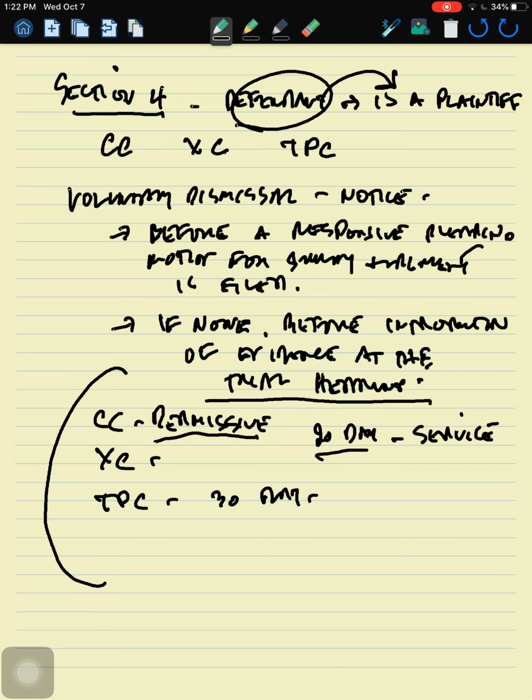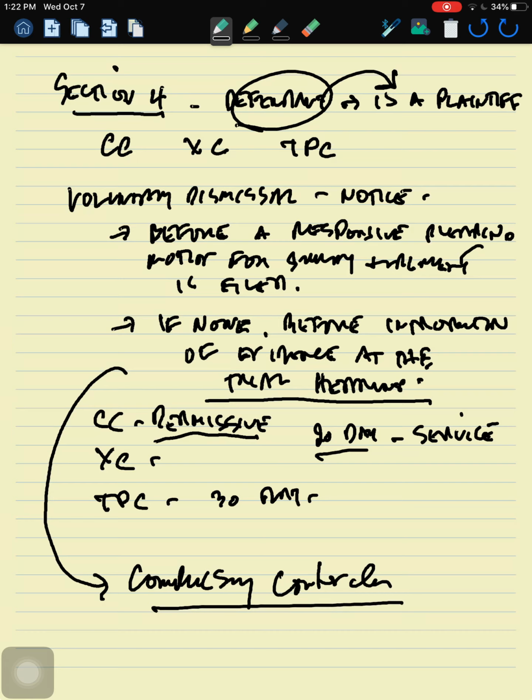The way it looks to me is that it refers to, and it can only refer to, a compulsory counterclaim. It can only refer to a compulsory counterclaim. Because there are responsive pleadings required for a permissive counterclaim, a cross-claim, and a third-party complaint. If no responsive pleadings are filed, we would not get to the point where there is going to be a trial or a hearing. Because what should have happened when no responsive pleadings were filed